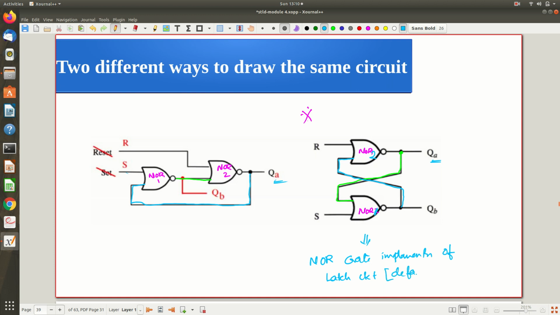By default, if I say I have a latch, it is nothing but the NOR gate implementation. Typically we call it the set input and reset input, SR latch. So this circuit we call the SR latch. The basic implementation is by the NOR gate only, but the same latch you can implement